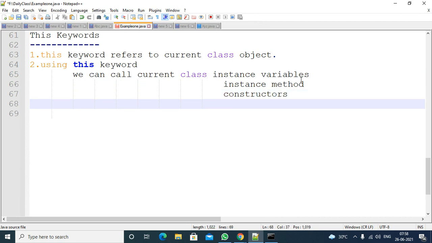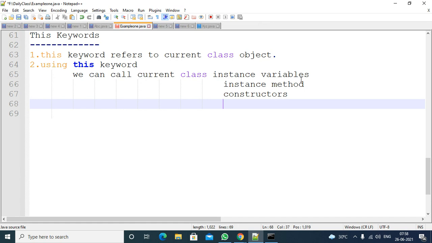There are some other uses also. Using this keyword, you can pass the current class object to some other method or to some other constructor. Or using this keyword, you can return the current class object also. We will see with examples, no problem.